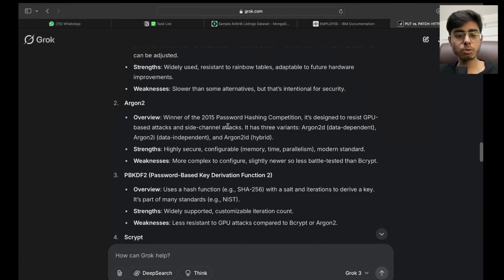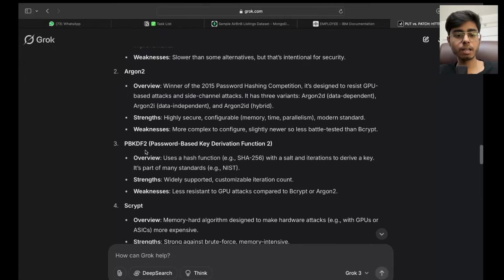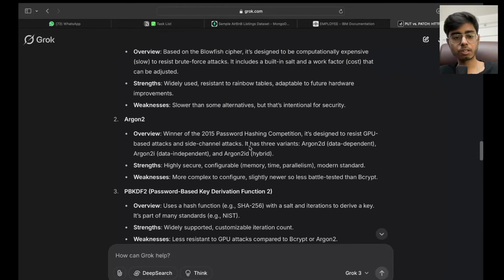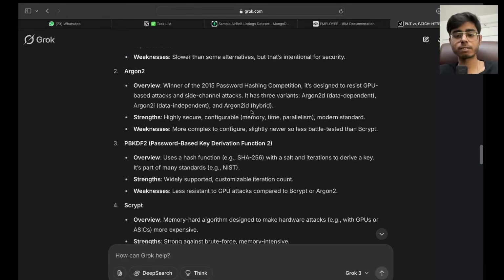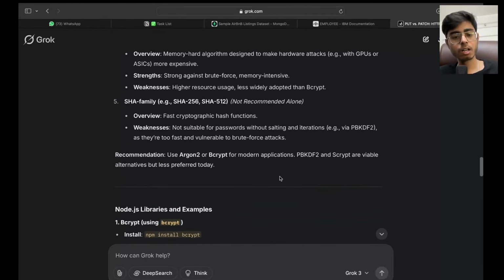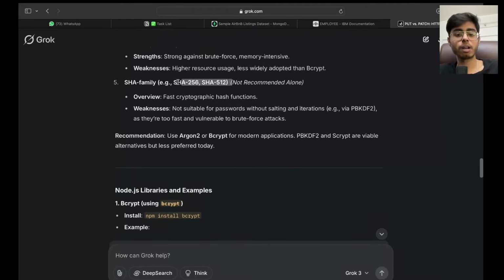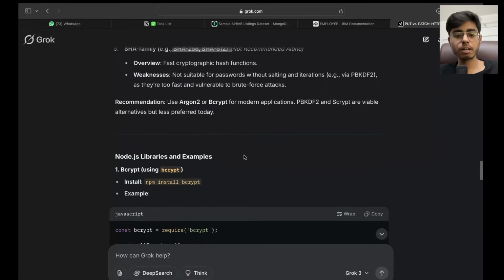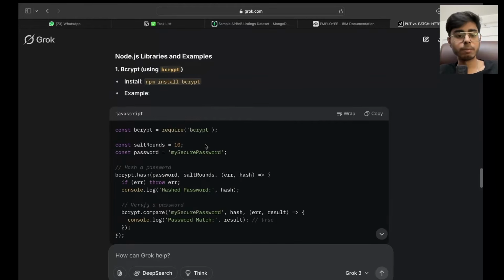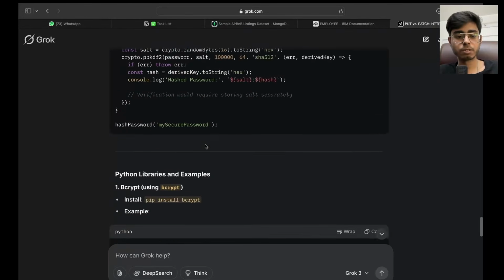So bcrypt you can use, argon2 you can use, pbkdf2 you can use, password based key derivation function. These are all hashing algorithms. You can just see what maths they are doing. At the end they do a mathematical function on your password. That's it, right? Base 62 takes it, finds the mod, and finds the base 62 number for that. You will read it. I will not go deeper into this video, but you have SHA256, SHA512 hashing algorithms, right? Cryptographic hash functions. bcrypt is very famous, argon2 is very famous.